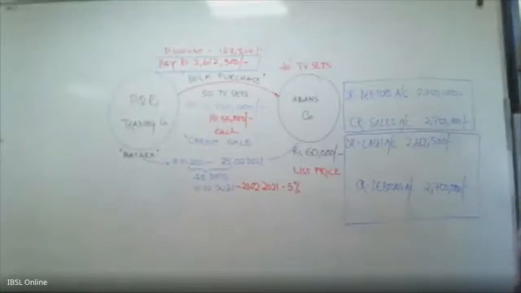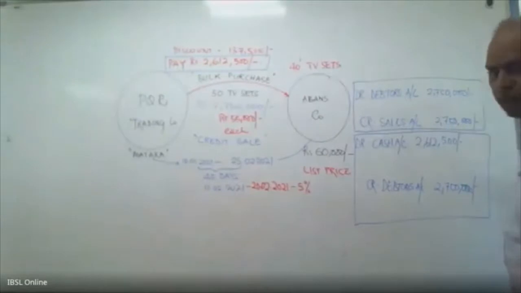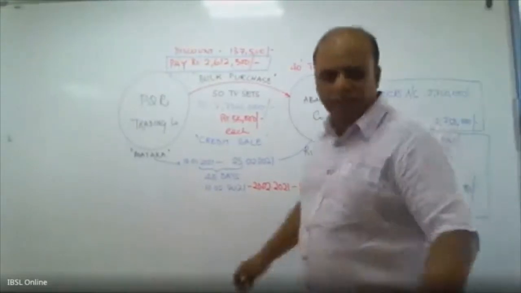Excuse me, sir. We can't see the board. We can't see the double entry right there. What about now? Is it visible? No, sir. Not yet. Right. So what I'll do is I will erase this bottom part and write it. I hope you would have taken down this. Right. I will erase this.